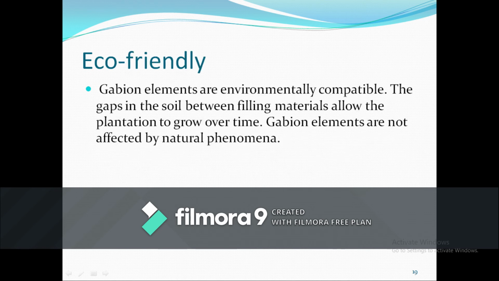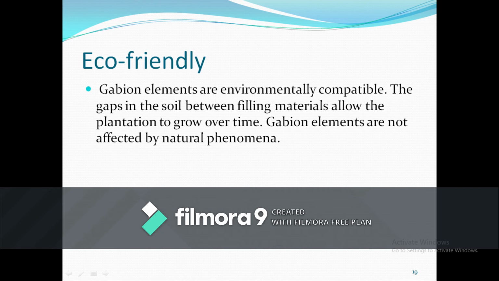The next thing is Gabion elements are eco-friendly. As I said, we are using only a wire mesh, and in the wire mesh you are using only gravel, which you get from stone, from the mountainous regions or from the quarry. All the elements we are using in this are eco-friendly; they are not made from non-renewable sources. Almost everything coming out of that can also be easily disposed.